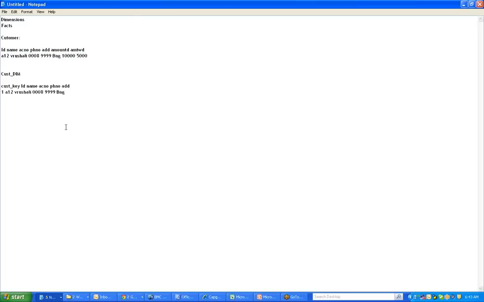These are the values which are stored into your dimension table. Only the textual descriptive columns, what represent the particular customer. Apart from that, the amount fields we are not storing in dimension. Okay. So what we store is customer ID, customer name, account number, phone number, and address. Here ID will not be a primary key. We create a primary key in the dimension and a fact table, that is called a surrogate key,